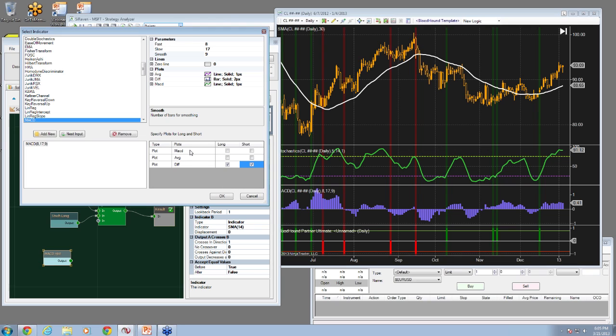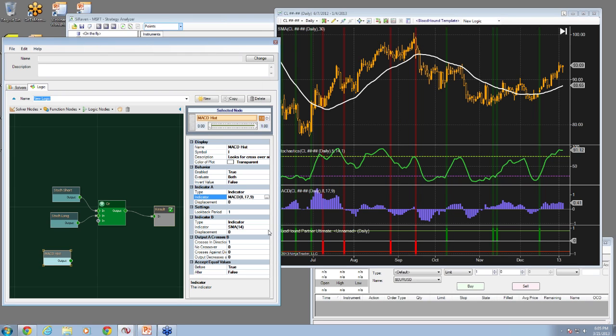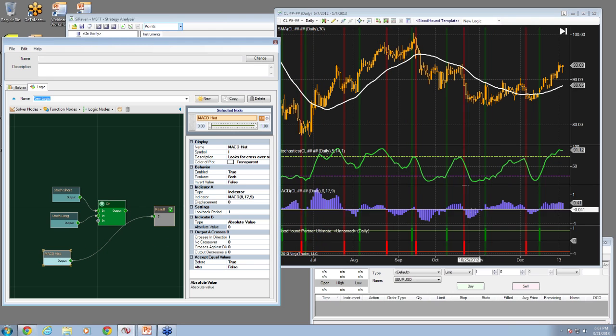And you'll notice that BloodHound is smart enough to pick up which of the following plots are going to be created from the MACD. These are the two moving averages I was talking about. The difference is what's also known as the histogram, and that's what we want to use to evaluate. We want to compare the histogram, which is what we've got on this chart here with these purple bars. So same idea, we're going to look at this against a cross over the zero line, and I'm just going to put that in by myself. Now you can see immediately BloodHound has updated the chart,